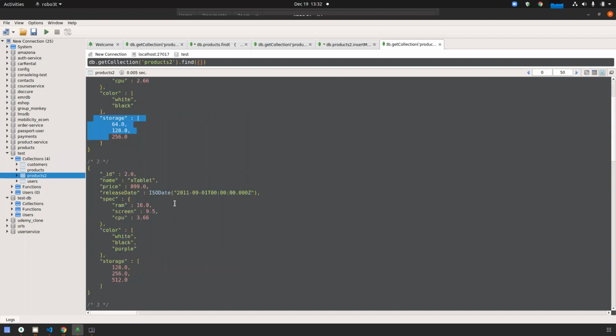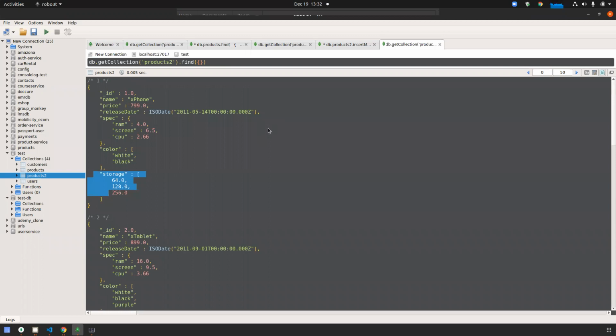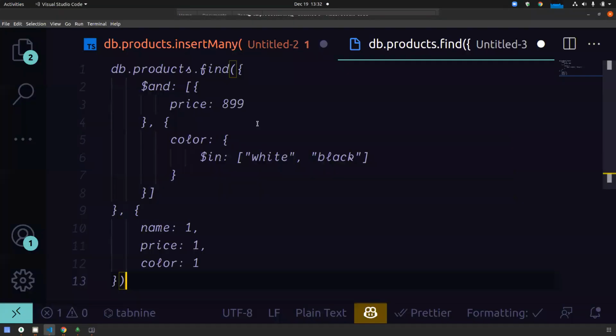So here I'm making this query. I need to tell the database to find those records which match this price of 899, and colors belonging to this array, white or black. AND is taking multiple conditions, so whenever multiple things come, we should provide them in an array.